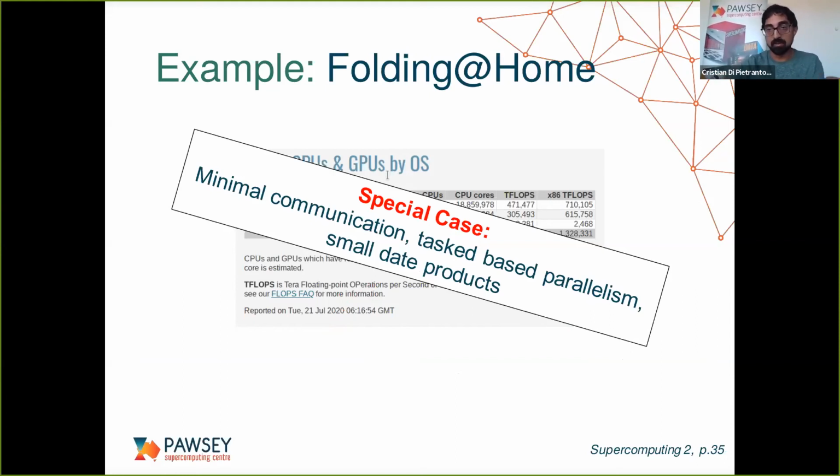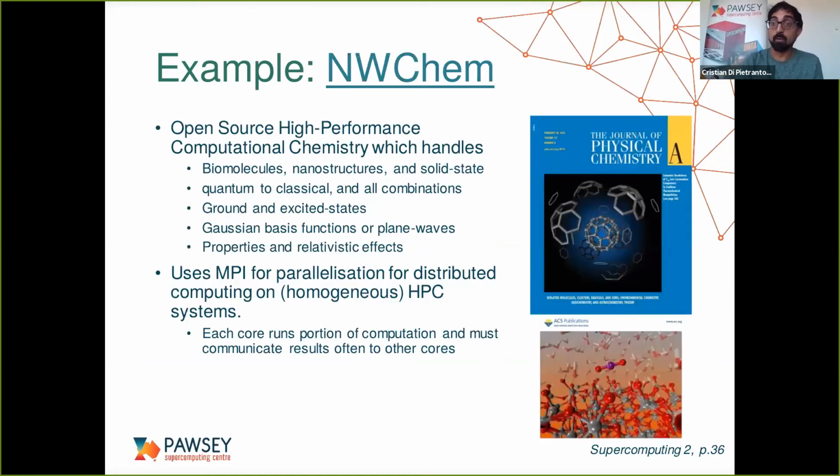It's just sending small data products and they can use the internet. And that's not what you're going to be aiming for when you're using an HPC machine. An example of a real, let's say, more grounded, but slightly harder to wrap your head around example is NWChem,